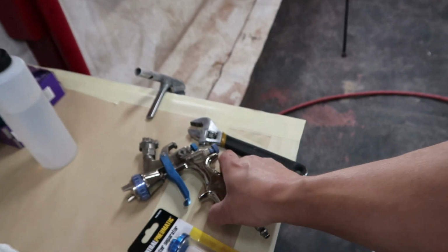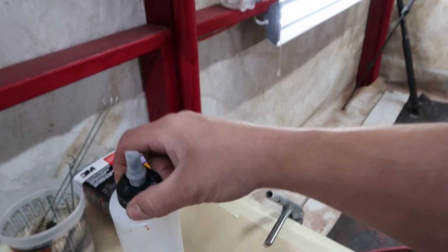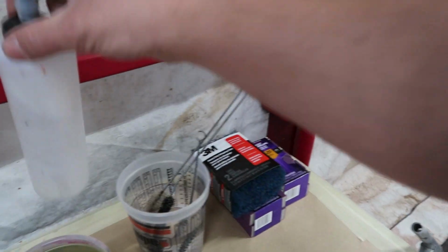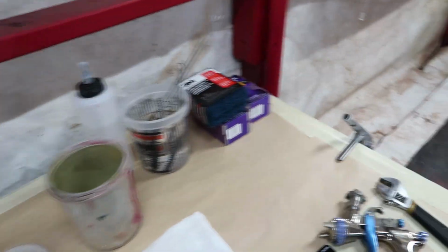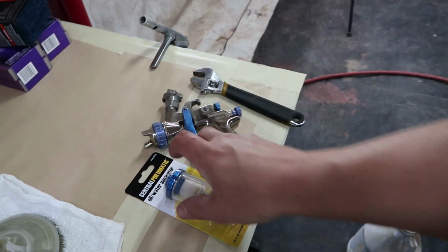for cleaning my gun. Obviously we need our spray gun. I have the little squirt bottle for squirting the paint out of the gun. This is also for cleaning. God, dude, obviously denatured alcohol, so I could fill that up. Sanding pads and stuff. I guess I don't really need that up here right now, but I picked this up